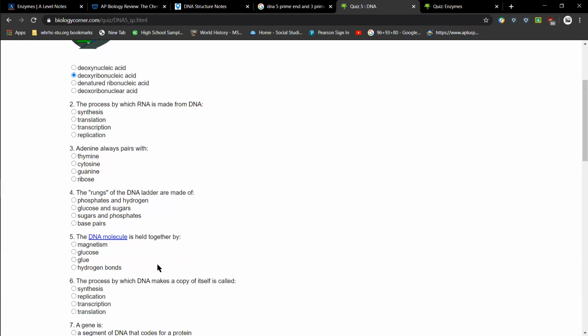Okay, good. Everyone got it. The answer is thymine. Adenine pairs with thymine. So the rungs of the DNA ladder are made of